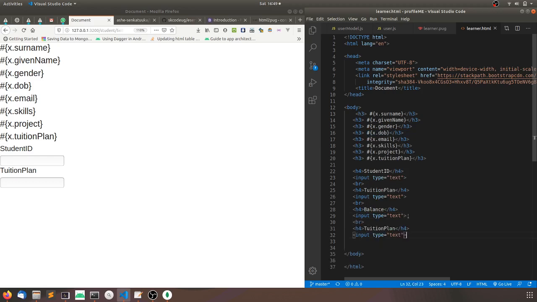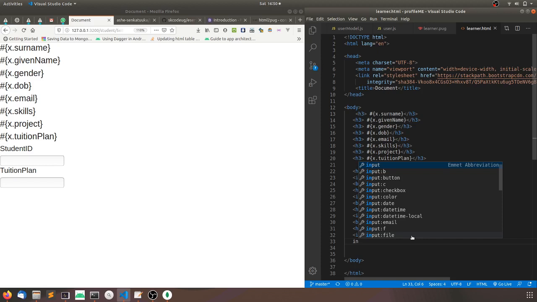Then here we want to see the installment amount, the amount that the student has paid that day when they come to the administrator. What can we call this? Installment amount. So installment amount, and then finally we need a button,